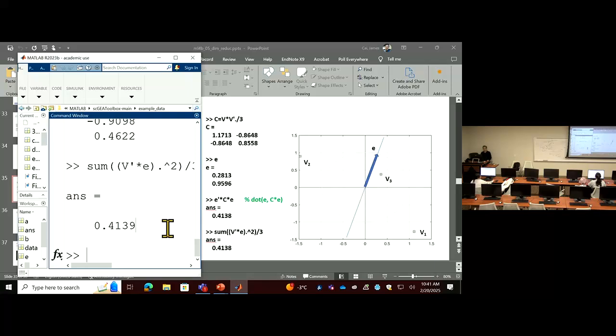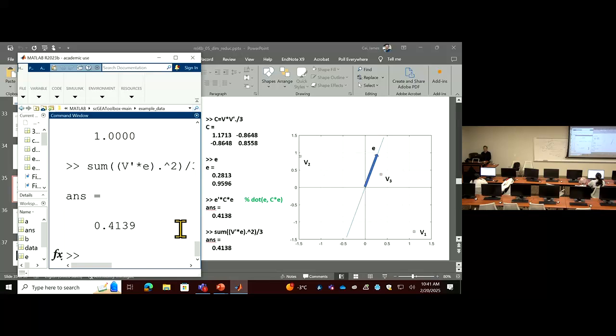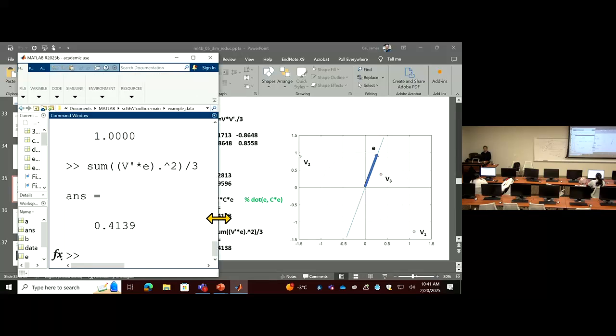If you define E differently, you will get different values of this. For example, let's see whether E is normalized. E is normalized, so E can be used as a direction. So I can change E to any random numbers. Right now, this particular E gave me this. If I define another E2